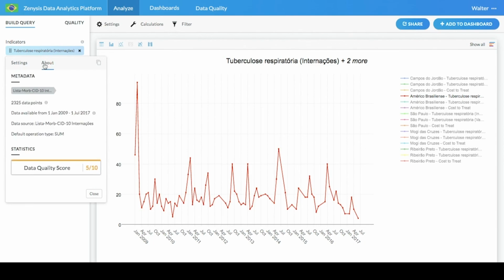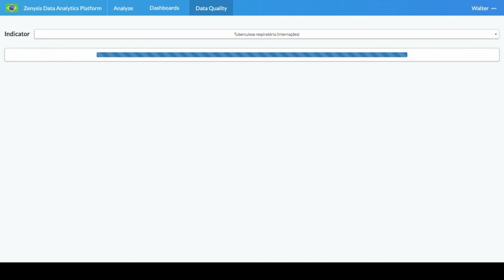So for example, we could see the tuberculosis indicator here receives a 5 out of 10 overall data quality score. We can also see some other information. There are 2,325 data points integrated. Data are available between January 1, 2009 until July 1, 2017. We can see the data source where the data come from. And when we click on the data quality score itself, we can then surface even more granular information about the